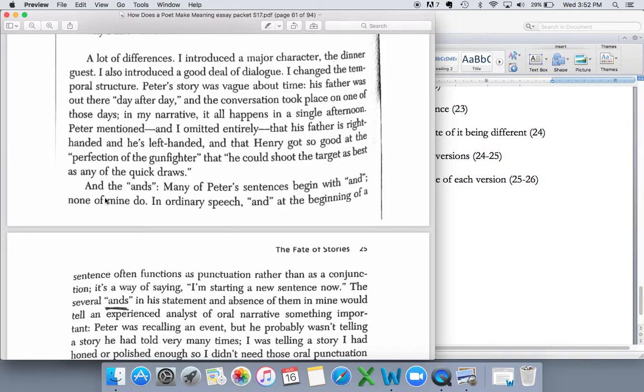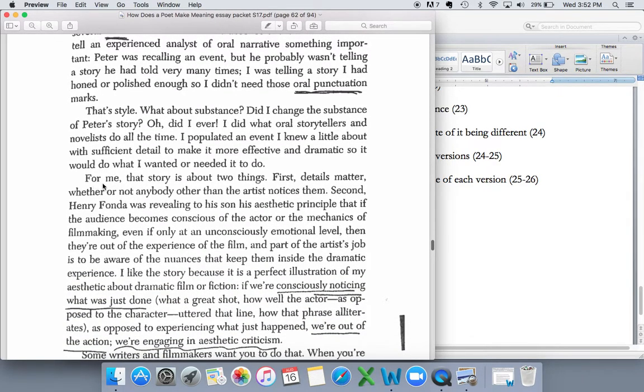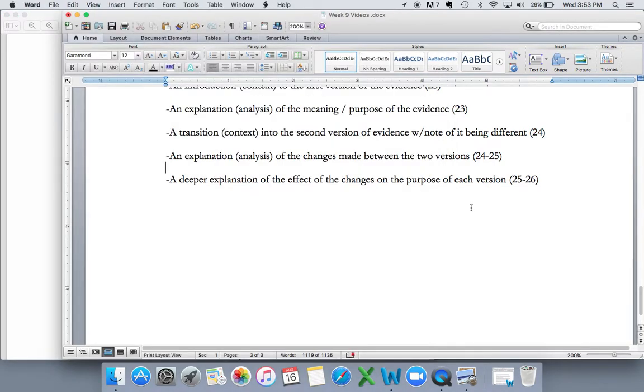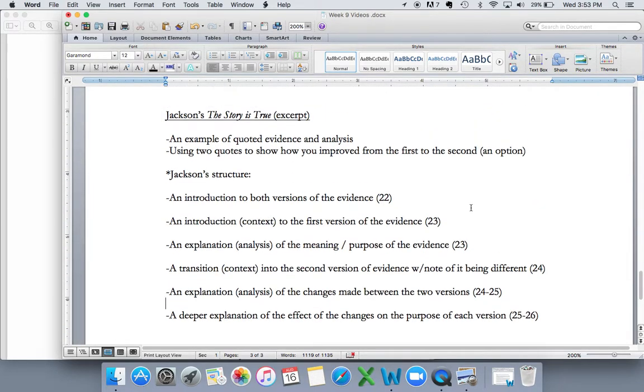And we don't need to go into that, but he first, in these first couple paragraphs, talks about what the differences are. And then he starts going into the effect of the differences, starting particularly with For Me. He starts talking about the different impact on the different detailed choices. This is another good example for you, not just to show your growth between one version of evidence and another, but also to point out that as you analyze that evidence, you want to focus on specifics. You don't want general statements like, just look at this version versus this version and you'll see the second is better. No, you got to pick out the differences.